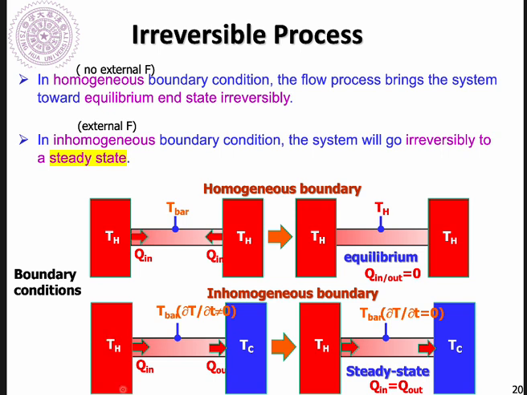So as long as you have an external driving force, the system finally will have a chance to move to steady state. Otherwise, like the previous case, finally the system will go to thermodynamic equilibrium. So in order to determine where your systems go, figuring out whether there is any driving force acting on your material system is the key point. Okay,